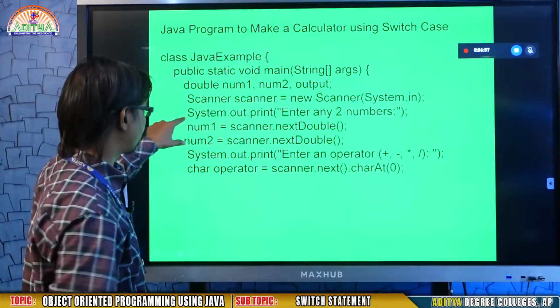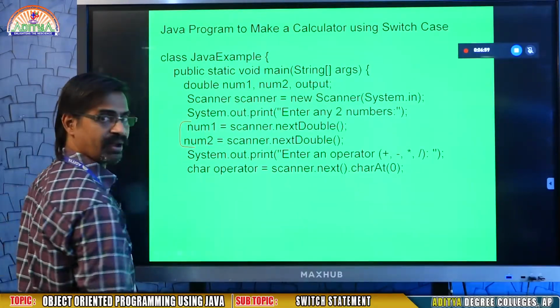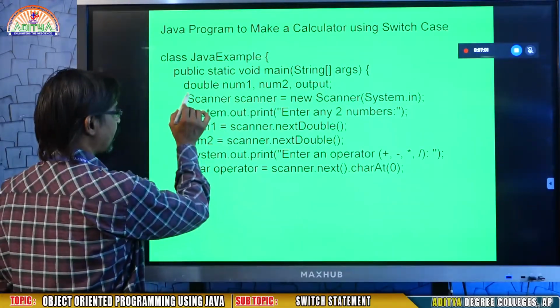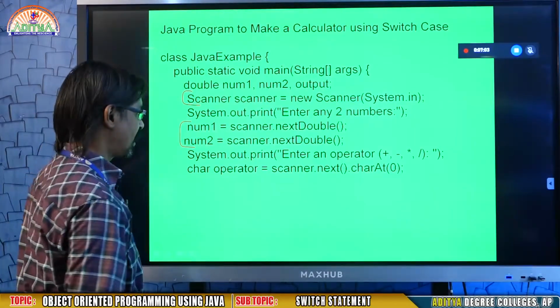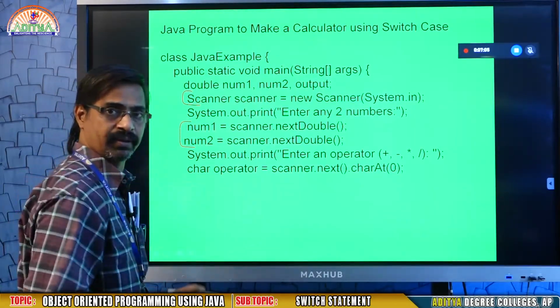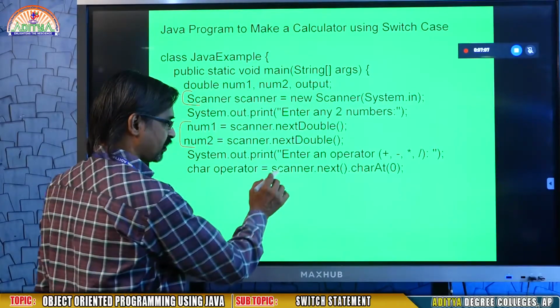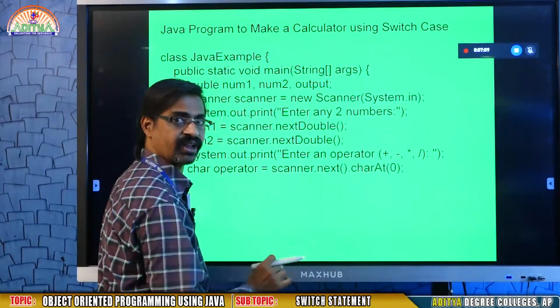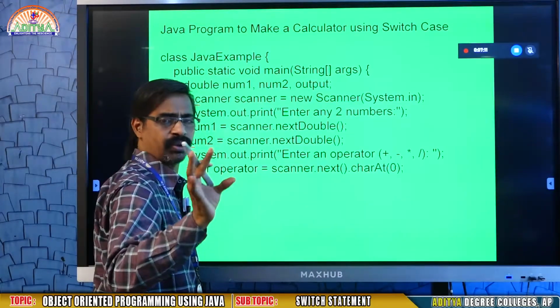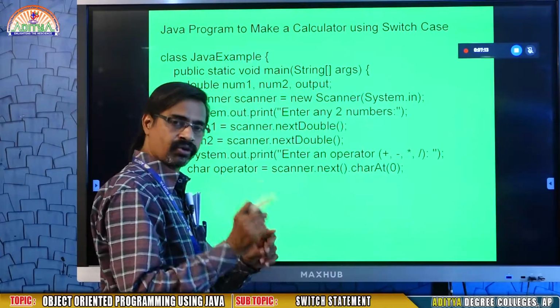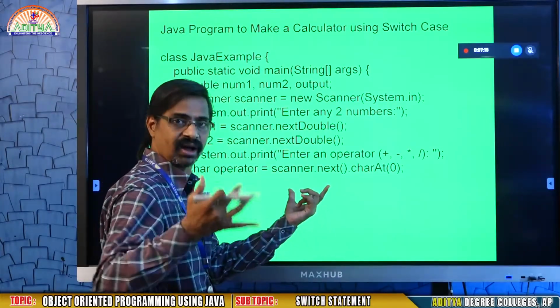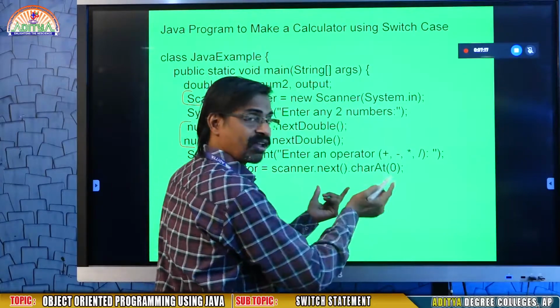Here I want to take two numbers. I am taking two numbers using scanner. To read them, I define a scanner object, and then I want to read an operator. To read the operator, what I am using is scanner.next. It will read a string. Whatever character you want, you may give. But even if you give a slash, it will take some extra characters. Those extra characters I want to truncate.